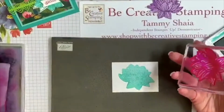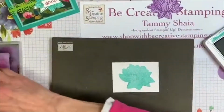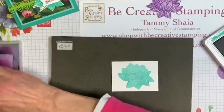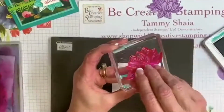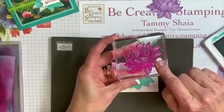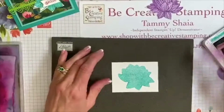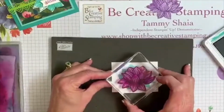So now I'll bring in my simple chamois, and I'm going to clean this stamp as I shake the table and shake the camera. All right, so I've cleaned that. So now I'm going to flip this back over, and now I have the outline, okay? Thanks for sharing, Margaret. And so now I'm going to ink the outline, and I want all of you to